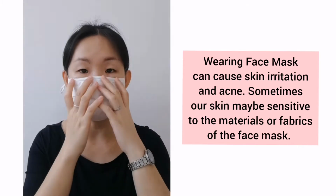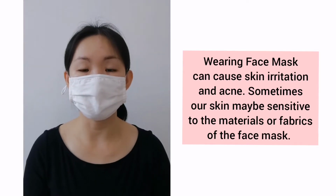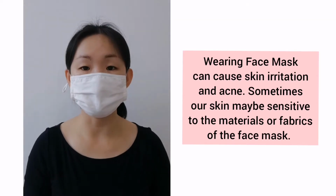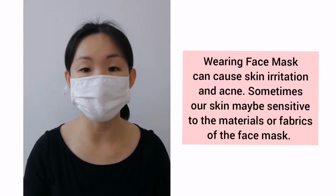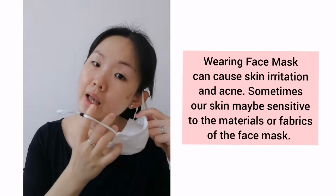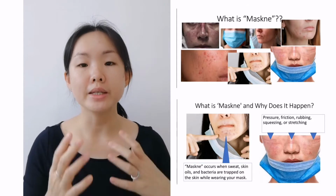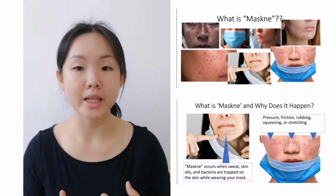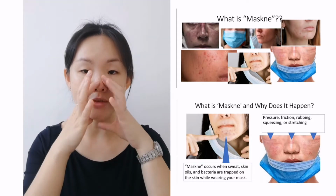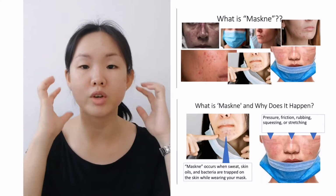So because we have been wearing face masks every day during this COVID-19 period, there's a new term that's being used in the beauty industry, which is what we call Maskne. So Maskne basically is a new term that's used to describe skin irritation and also acne that is caused by wearing face masks. The way we wear the mask, or when we keep touching the mask or stretching the mask,